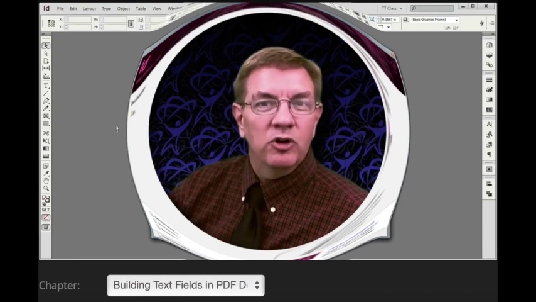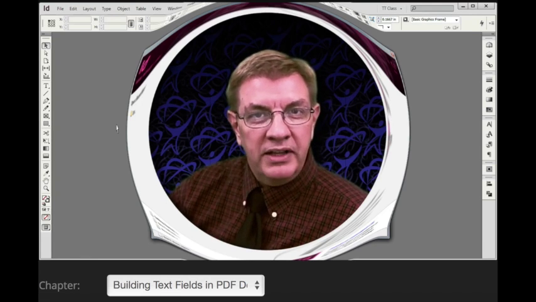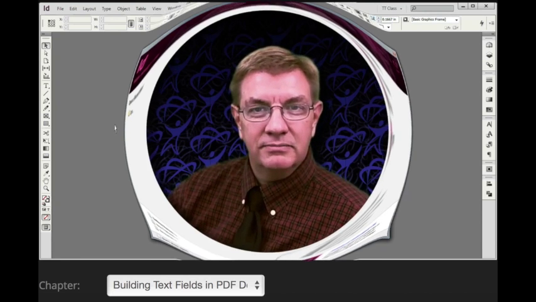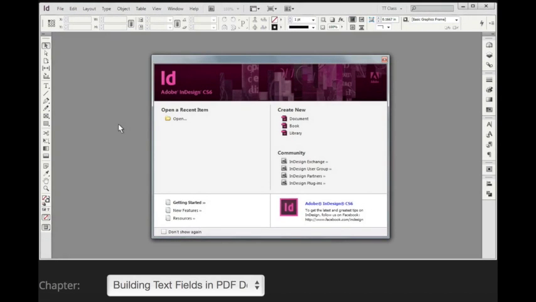Let's start down that road by turning our printed business form into something that we can have people fill out and submit to us online. One of the great new features of working with Adobe InDesign CS6 is its ability to create interactive forms. Traditionally, what we've done is we've used pen and paper to fill out forms and then submitted those to people to transcribe all that information into some type of printed or digital record